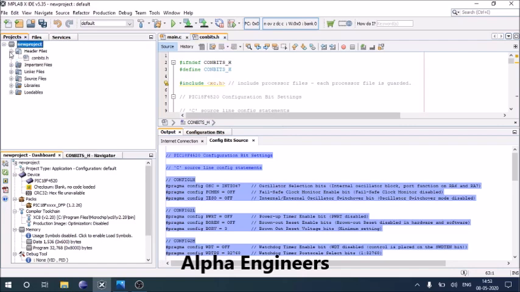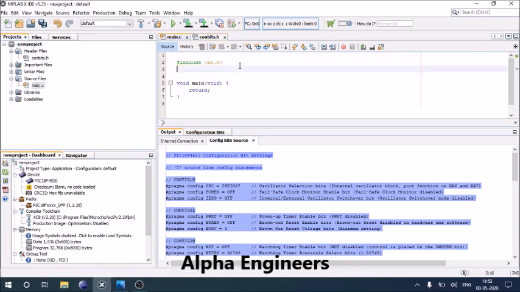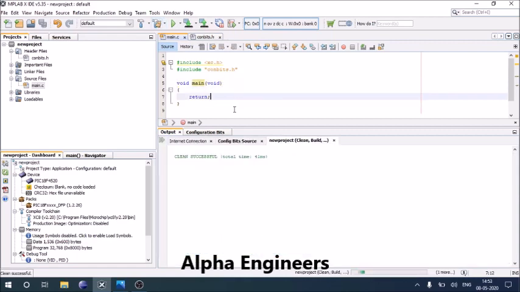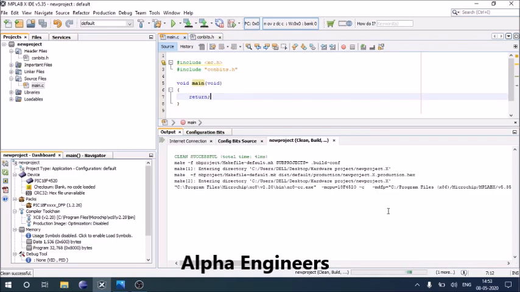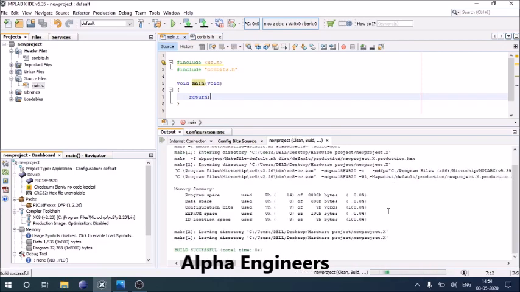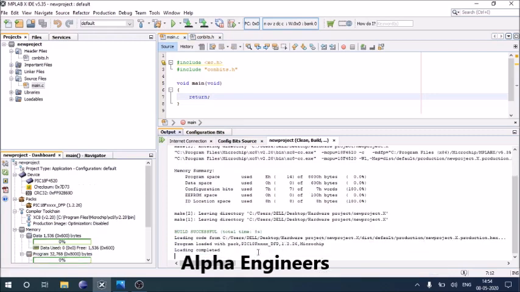So here you are. So there is the conbits.h file. In source file there is main.c. Click on main.c. You need to write #include conbits.h and just run the program to check whether all the instructions and all the settings have been correctly done by us. Yes, here we go, build successful, and there is a happy compiler for you.